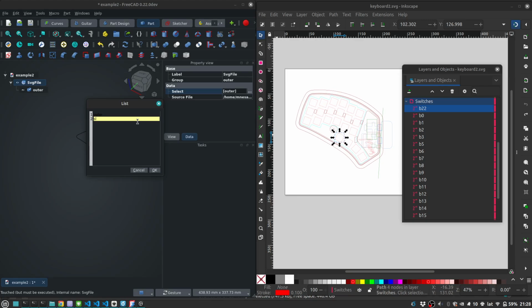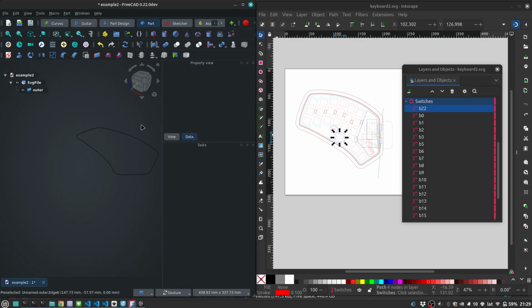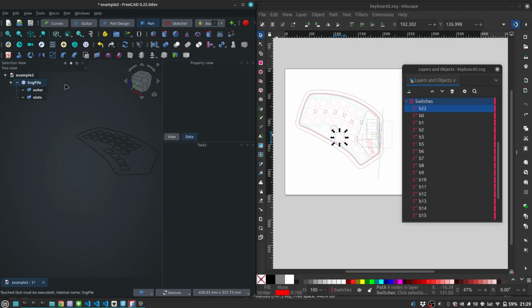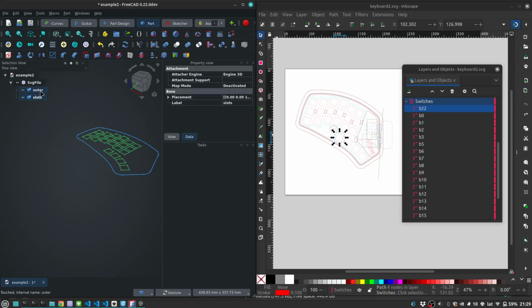Let's call it slots, and the regular expression in this case is B, followed by one or more digits, right? So if I synchronize again, now I have imported these two objects, outer, and all the slots were imported into